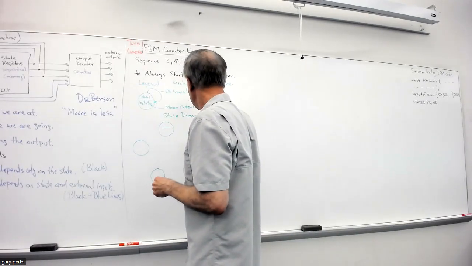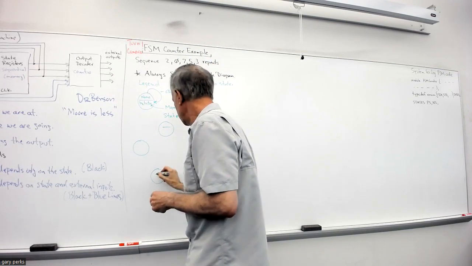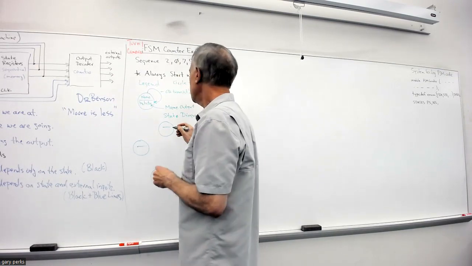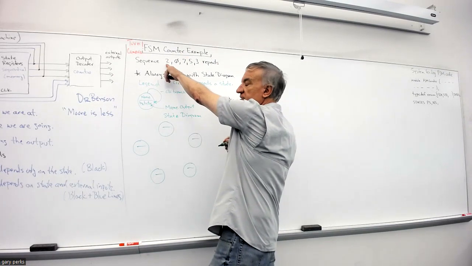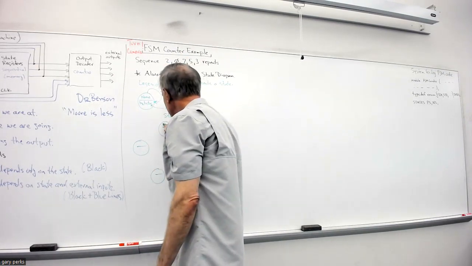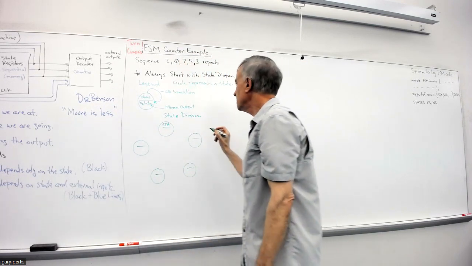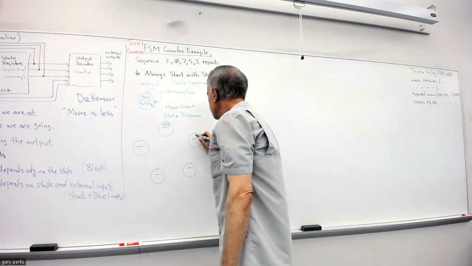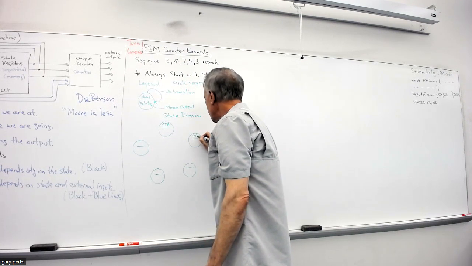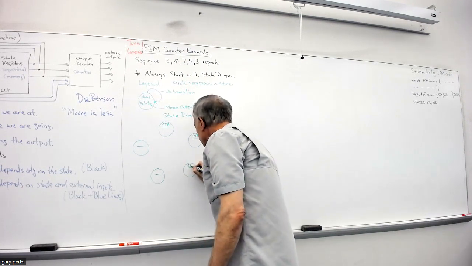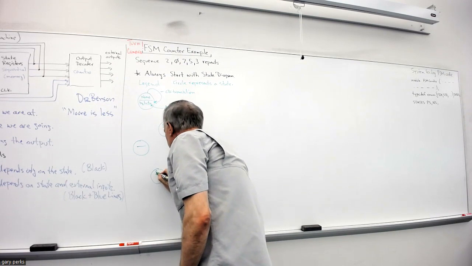And I'm going to call this first state, state A, and I'm just going to use STA. Again, you can name it whatever you want, but I'm just going to use letters. Okay, so state A, state B, state C, state D,